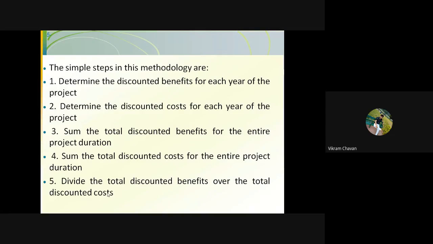In a similar manner as we are discounting the benefits, in a similar fashion we have to discount the investment also. But if your investment is an initial one, if you are investing one time only, if any project requires investment at the initial stage only, then in that case we have to consider the initial investment only, not a discounted investment.